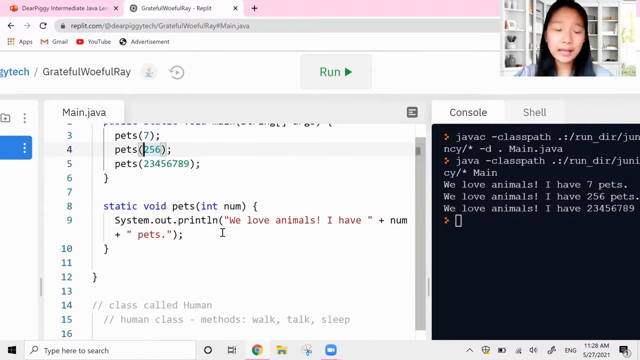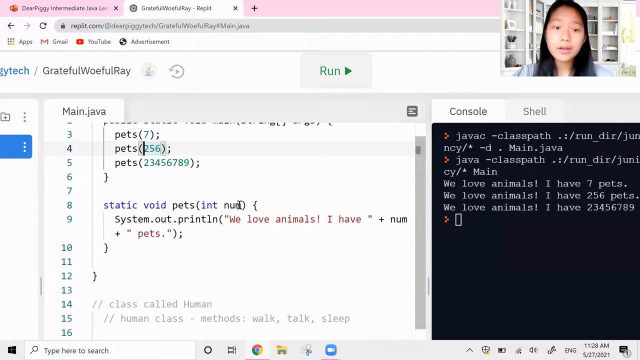I could take in more than one. So say I wanted to take in another one. So int want. So how many animals do you want? I have num pets, and then say